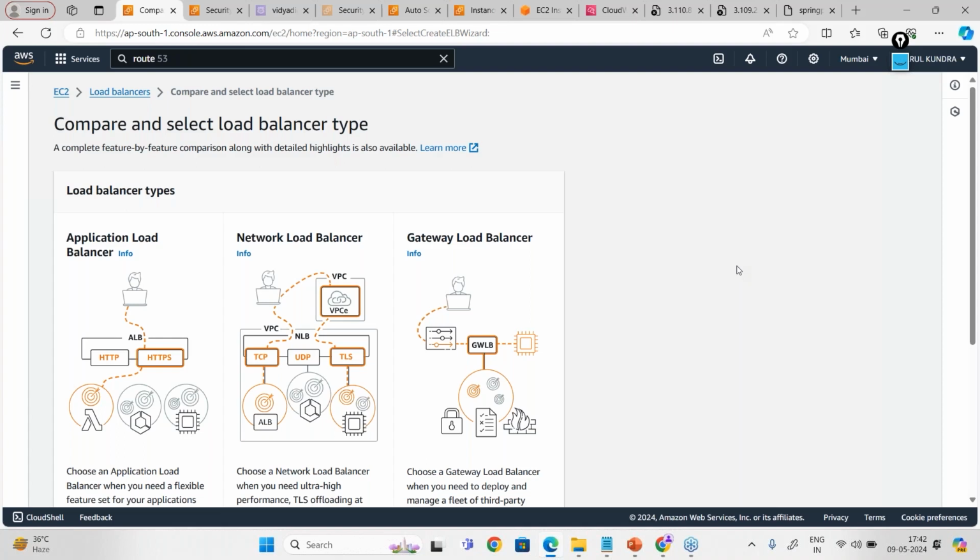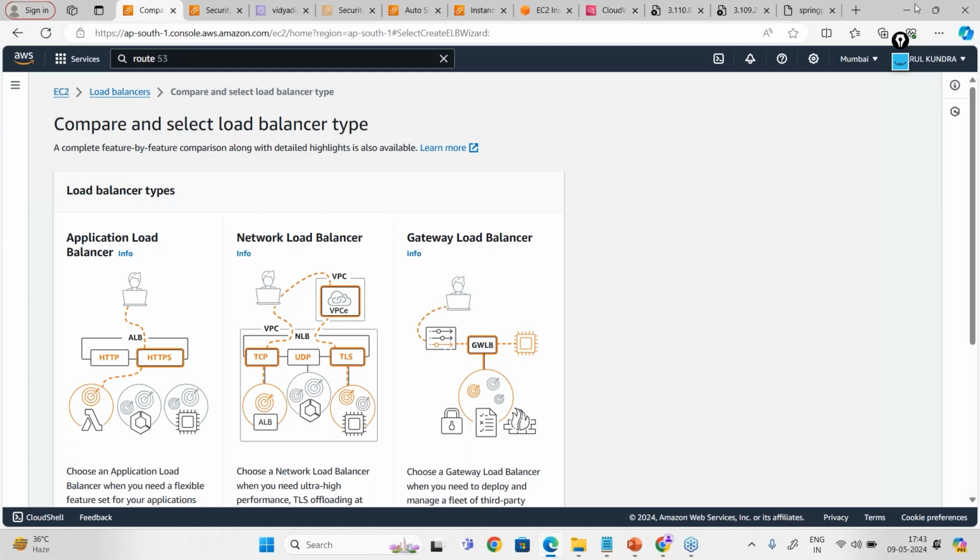For security, we have other market leaders like Palo Alto, Fortinet and Cisco. We wanted these kind of firewalls to filter the traffic before it accesses my application. So we want these third-party virtual appliances to inspect my traffic before it reaches my application.